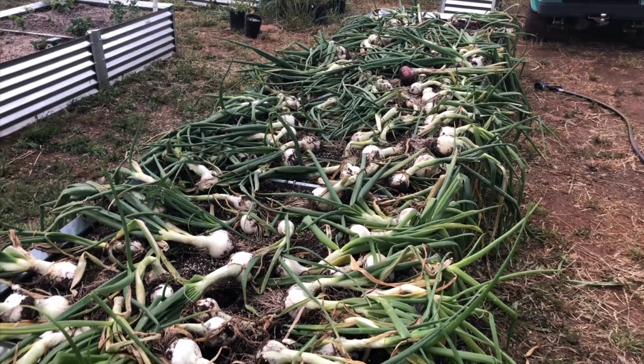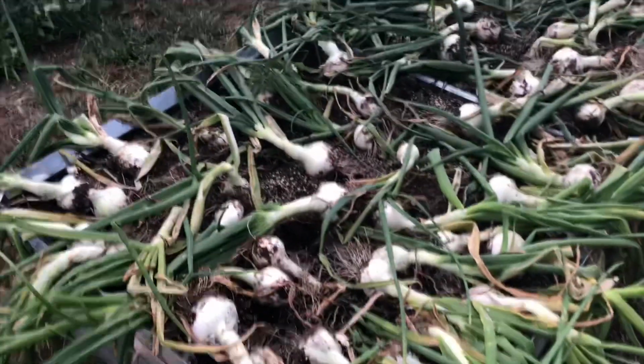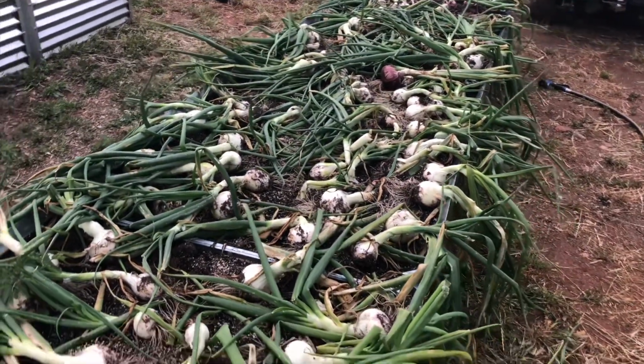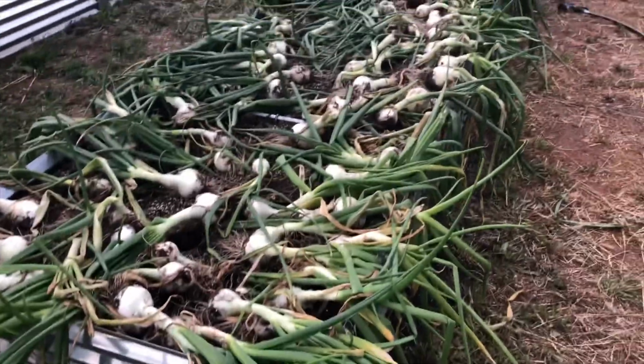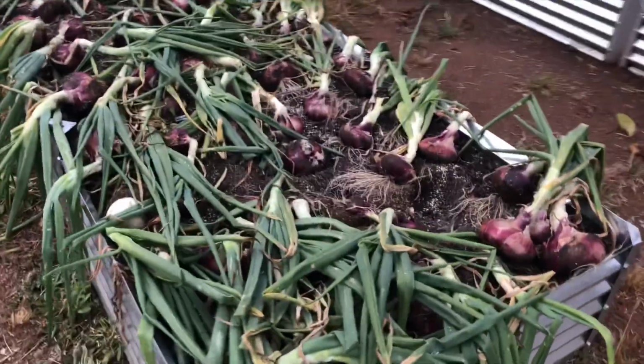Alrighty guys, so we are at harvest now. Our onions are ready to go. We pulled them out of the soil last night and they've been sitting out drying. It is going to rain again, so we are going to take them inside to finish the drying and curing process. But I did want to film this video for you guys because a lot of you requested it,